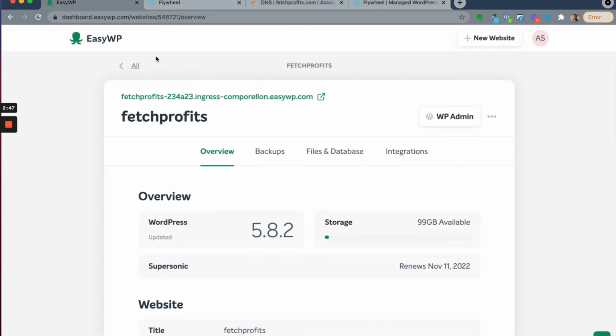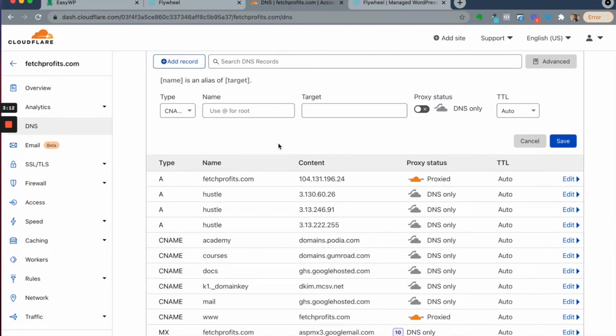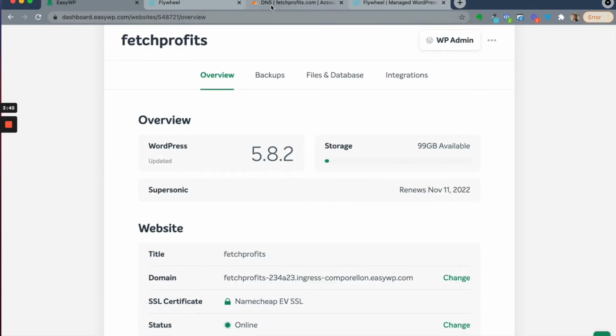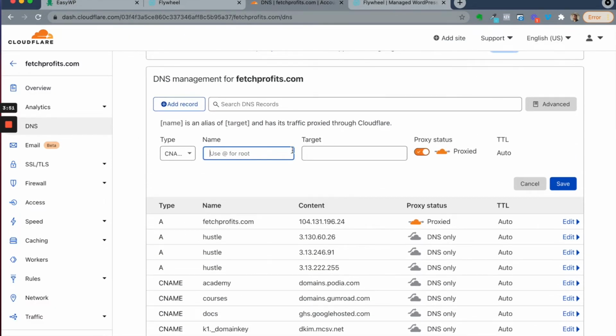Now with Namecheap or EasyWP managed WordPress hosting with Namecheap, it's important to note that you need what is called an alias record. ALIAS. You may not find it explicitly written as alias, but Cloudflare in this case already supports alias records. So add a CNAME and alias is already supported. But in case it's not supported, I'll show you what's to be done in this video. Getting back to our EasyWP product, make sure that you take note of what the existing domain is. This is for managed WordPress hosting. Add 2 CNAME records to my Cloudflare DNS.